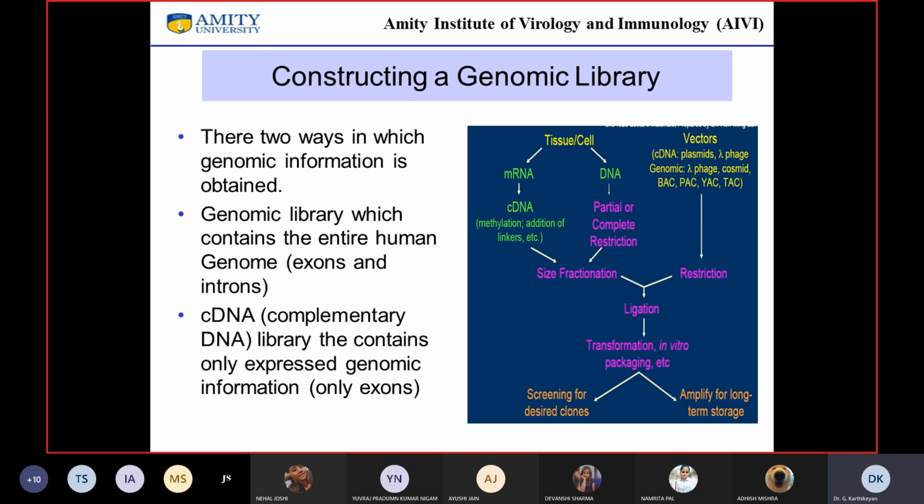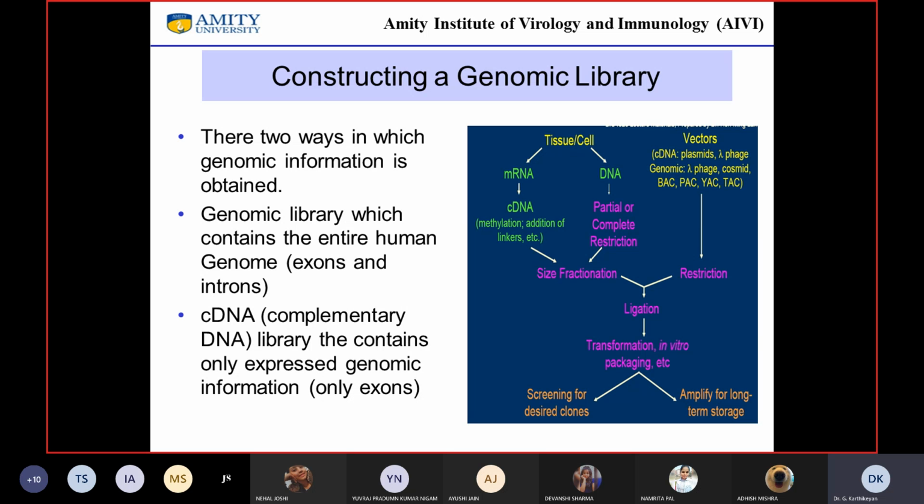So how do we construct a genomic library? There are two ways by which you can obtain genomic information. One is from a genomic library, which contains, in this context we are talking about the human genome, but it could be any other genome, okay?